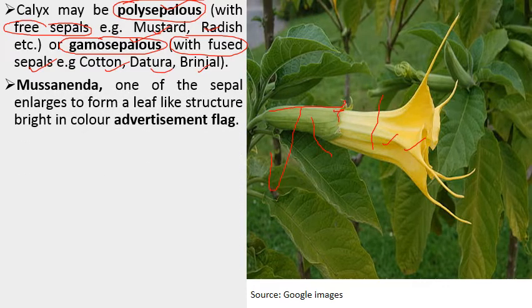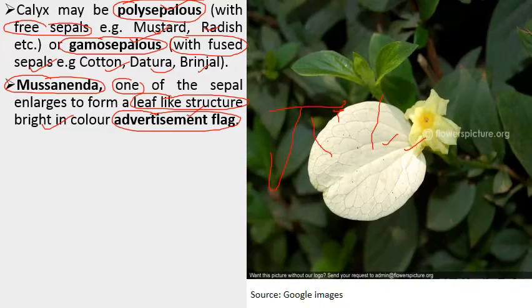Then we have one other plant which is known as mussaenda. इसमें जो एक sepal है, one of the sepal that enlarges to form a leaf-like structure, जो कि bright in color होता है, that is not green in color, and it acts as advertisement flag. ये help करता है to attract pollinators. This is the photograph which shows the flower of mussaenda. इसमें जो एक sepal है ये large size का होता है which becomes leaf-like structure, और ये help करता है